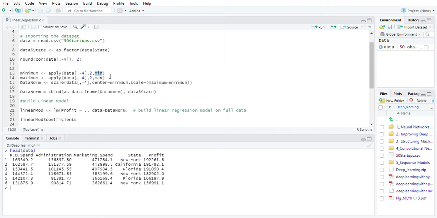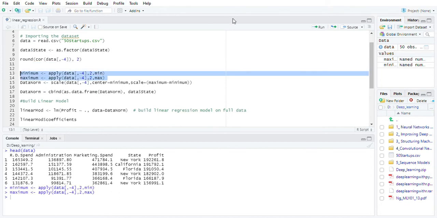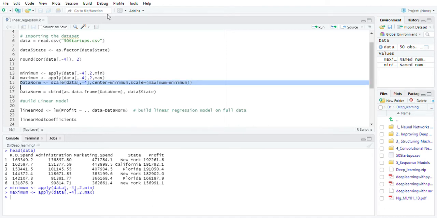And this function means: in this data, find the minimum value in each column, and this is also the same, find the maximum value. Now we have this scale function. We have to scale the data: the minimum, and scale by maximum minus minimum. We can see here